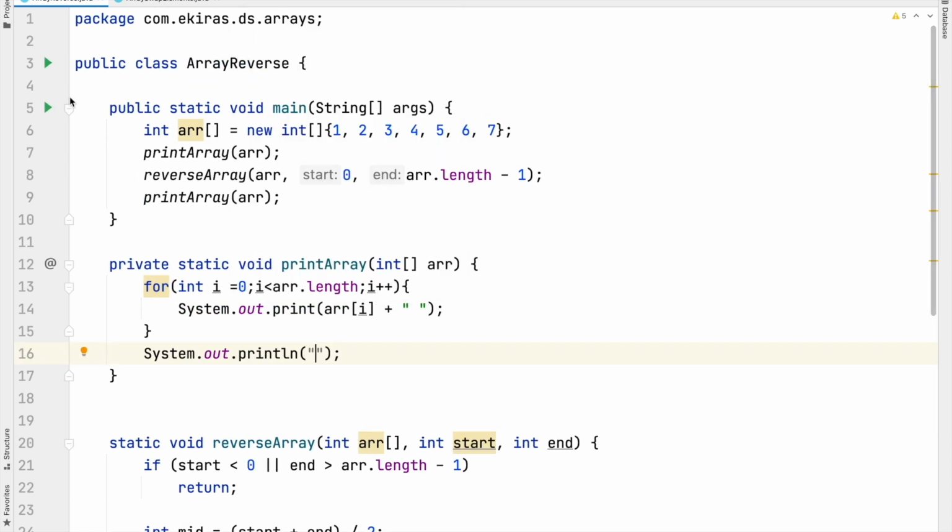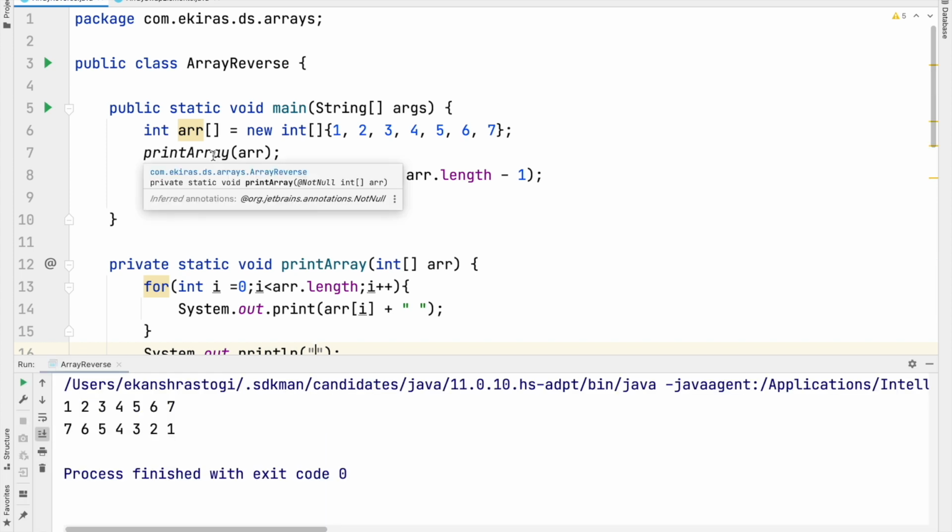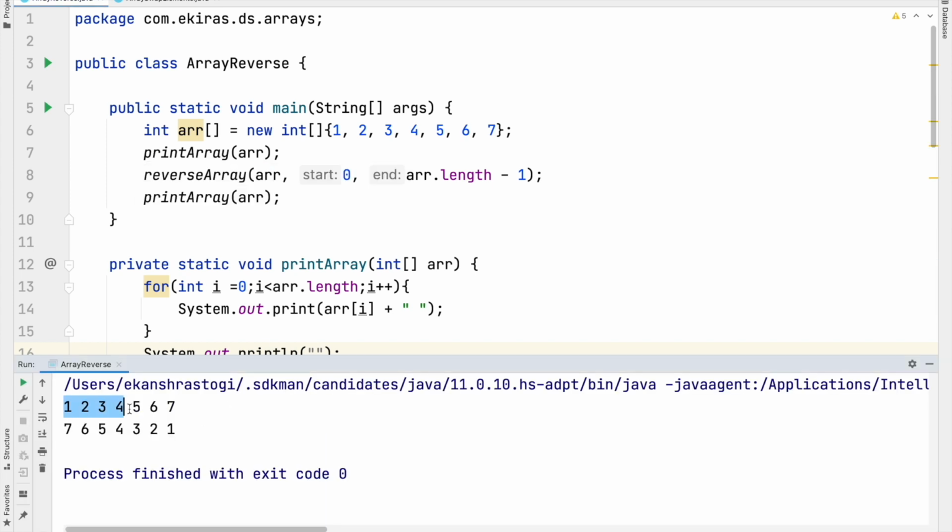Now let's run this program. As you can see, our original array was 1, 2, 3, 4, 5, 6 and 7, and after reversing this array, the new array is 7, 6, 5, 4, 3, 2, 1.